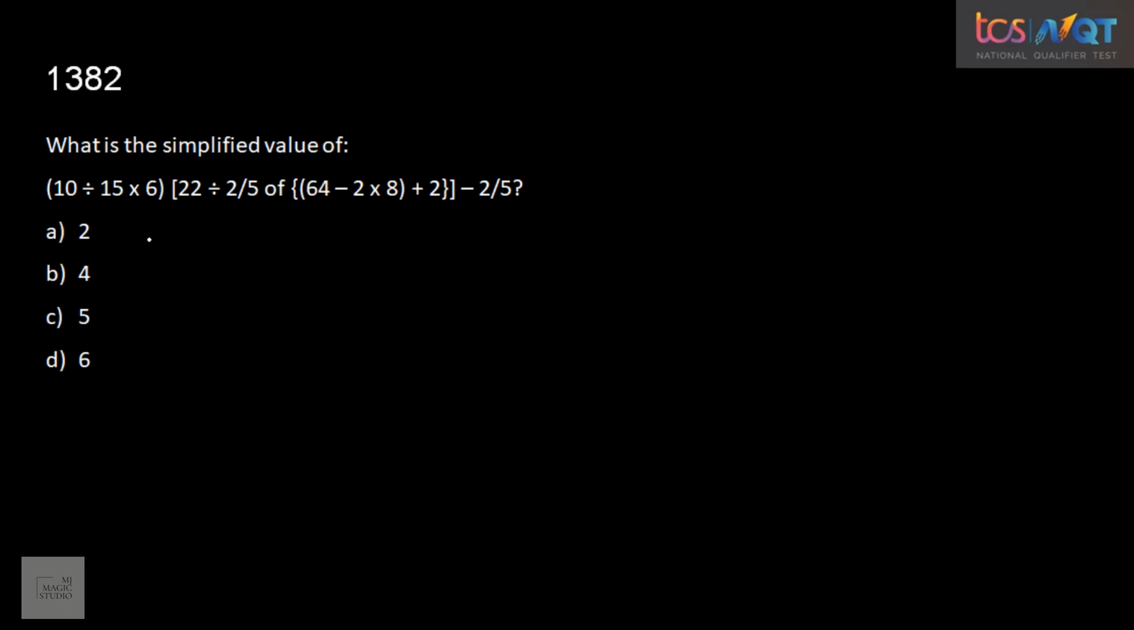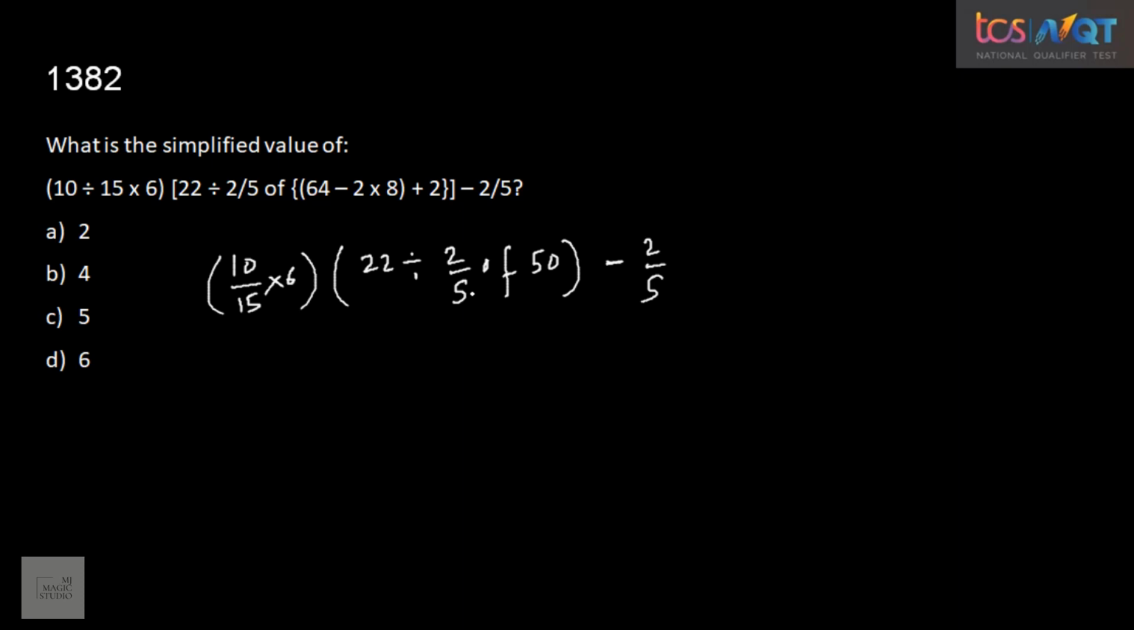Okay, another one from simplification. So it goes like 10 divided by 15 into 6. 10 by 15 into 6. Then we have 22 divided by 2 by 5 of 64 minus 16 plus 2. 66 minus 16, 50, minus 2 by 5. So that would be 10. So this would be